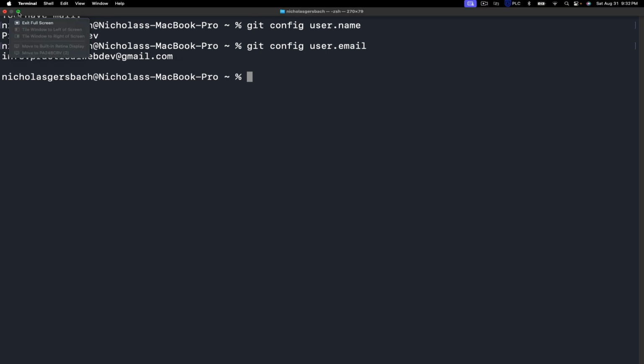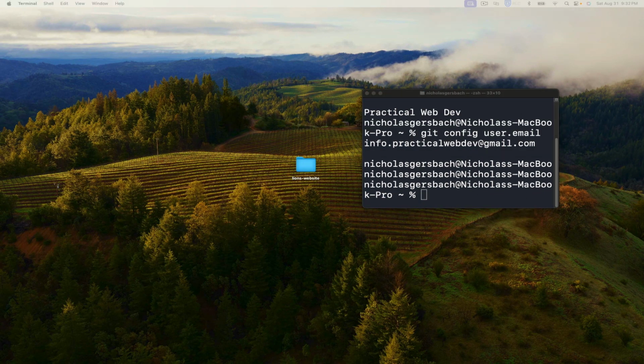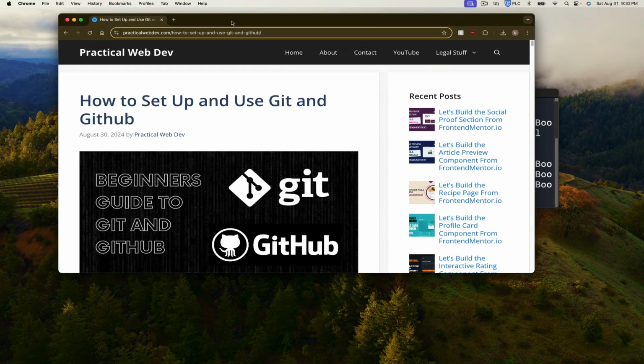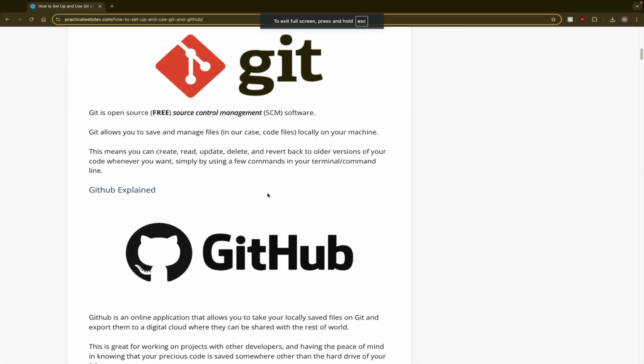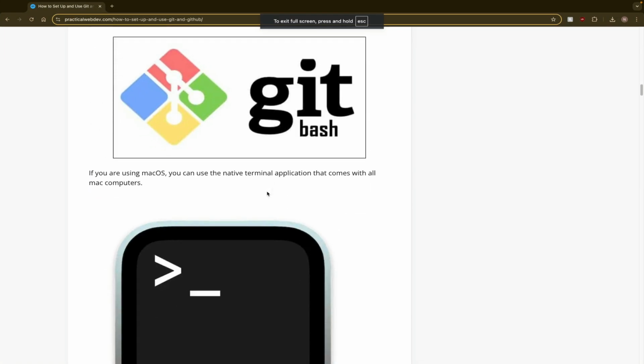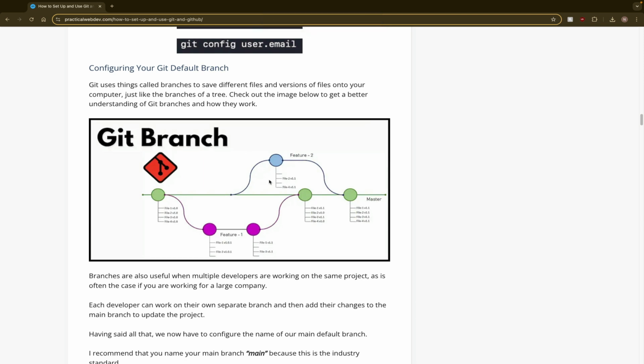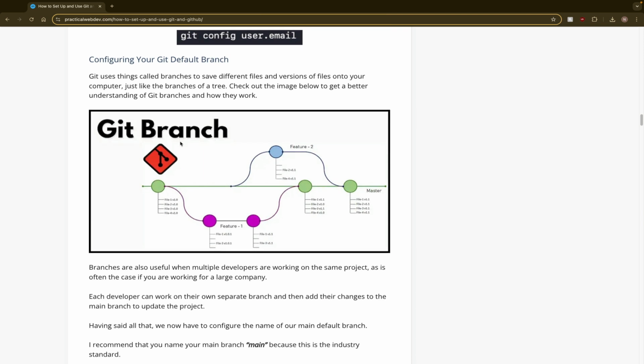All right, guys. So now we're going to set up our main branch. And before we do that, I'm just going to give you a little explanation of what exactly that means and what branches are. So to do that, I'm just going to pull up the article from practicalwebdev.com where I go over everything that we have in the tutorial here. So we're at the branches part now, and we need to name our main branch, whatever we want it to be. So you can see in this picture here,